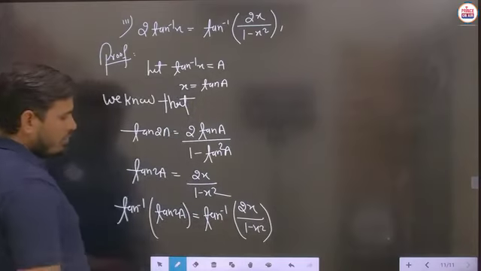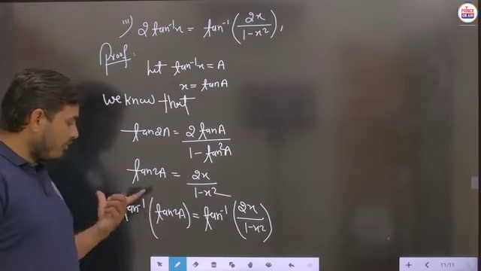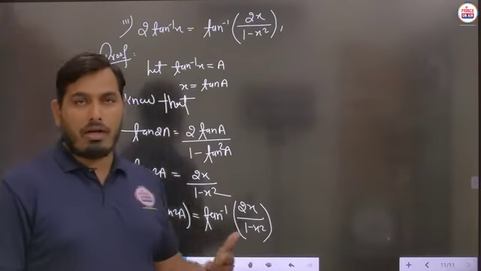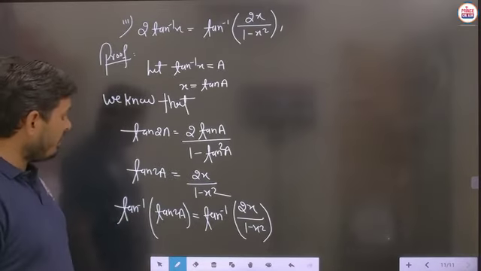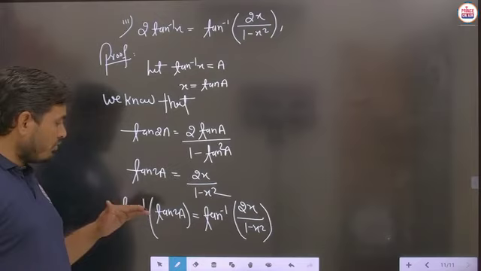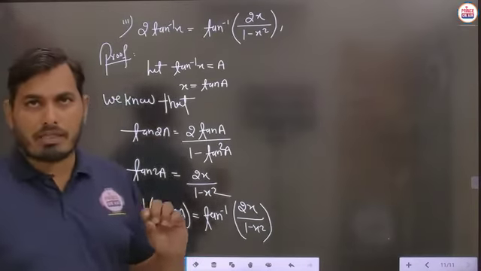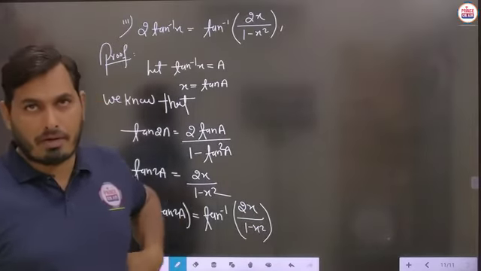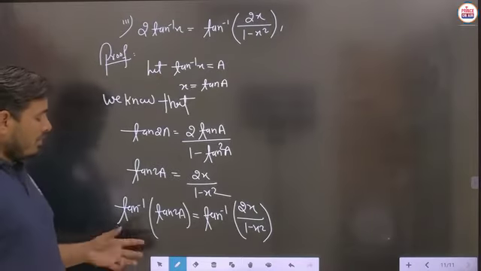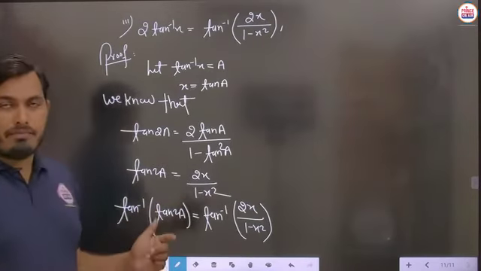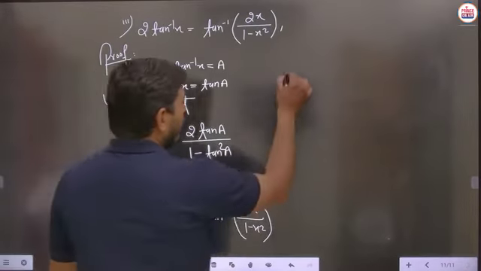Now on the right hand side no problem is there, but on the left hand side, this particular part will become 2A or not? It will depend on the principal value of tan inverse. So you know very well about the principal value of tan inverse. The principal value of tan inverse will be minus pi by 2 to plus pi by 2, open interval. Is it clear? So we have to take some situation on x for which this particular angle 2A will lie in that particular section. So we have to take a situation.